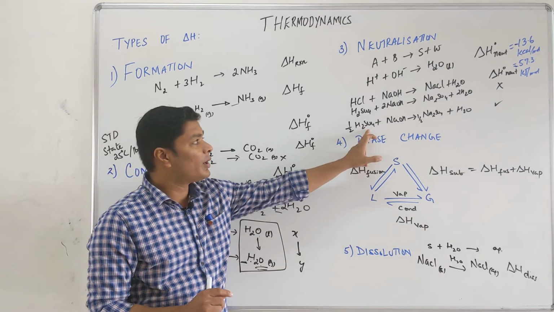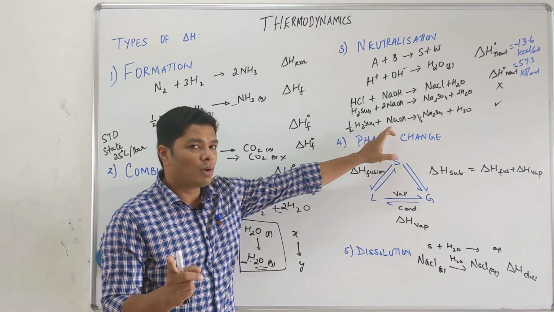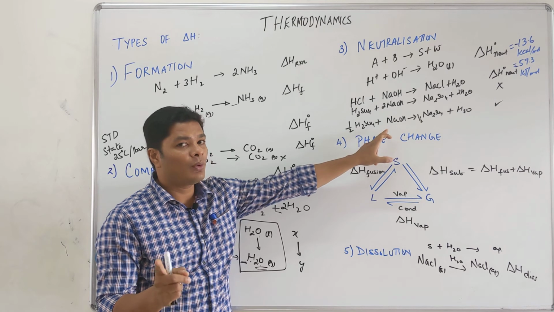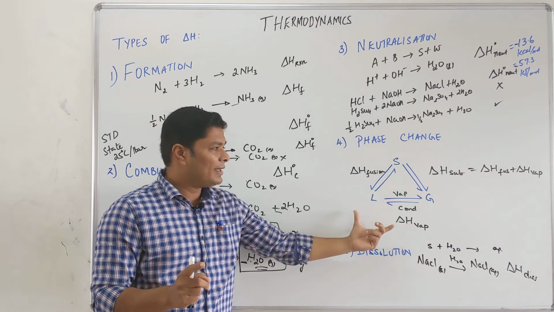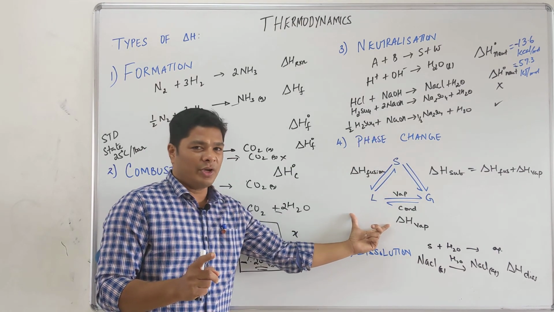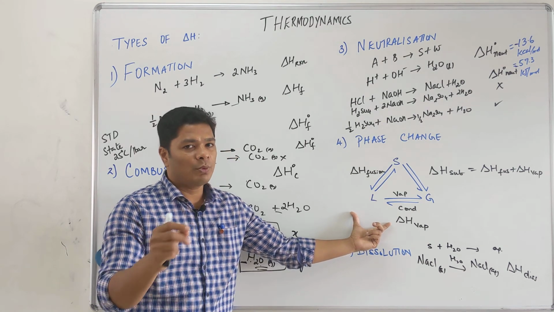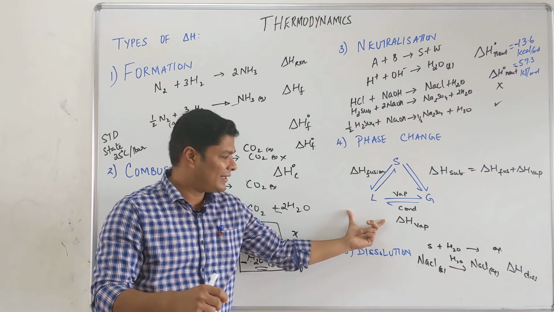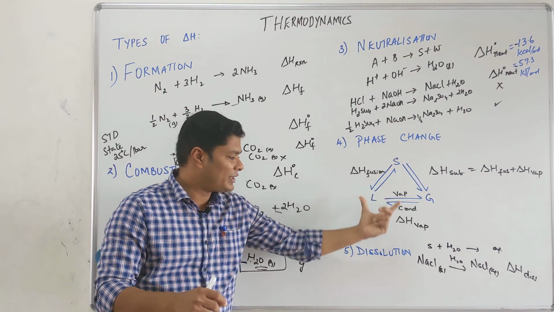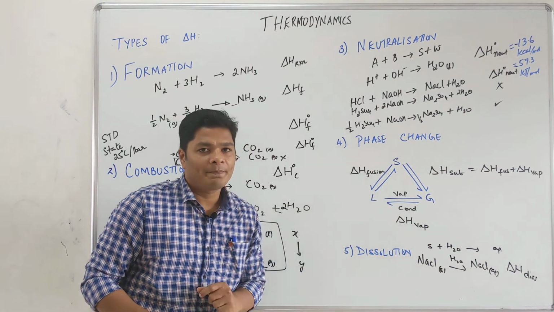Here coefficient is important, it has to be 1 mole of H plus and 1 mole of OH minus, or in general 1 equivalent. Okay. Here this is not that tricky, it's straightforward. We will deal with the latent heat also later, why steam is more dangerous than 100-degree water, all this later. This has to do with this phase change. Last is dissociation. Okay. Alright.